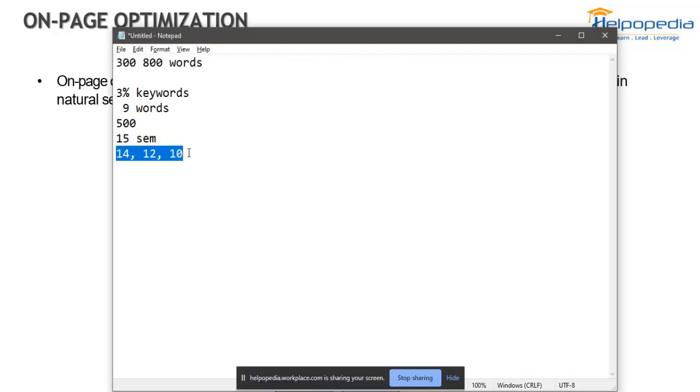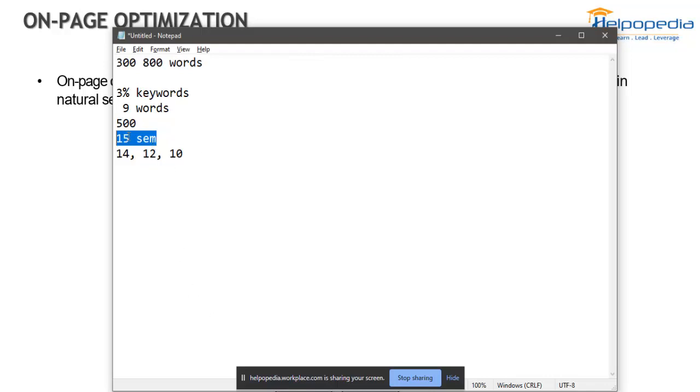Now why does Google say that we also need to use secondary and tertiary keywords when the article is on search engine marketing, which is my primary keyword? That is because Google says that you should not take the risk of using only one keyword in one article.